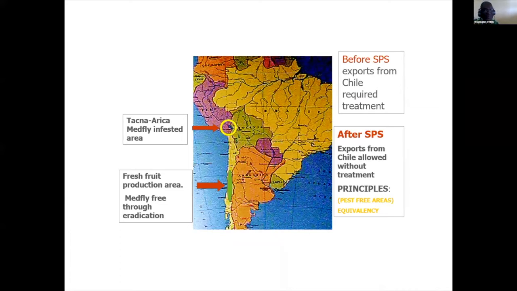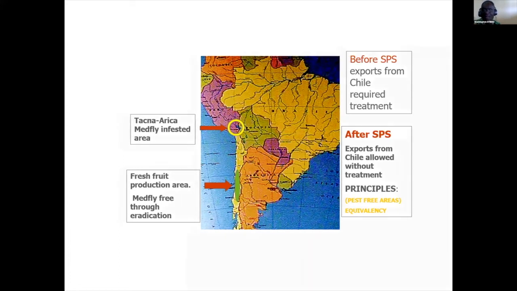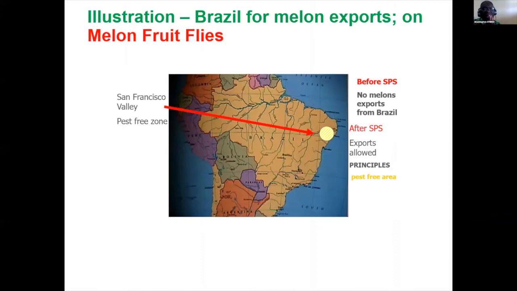You should not say it is pest-free, then you still subject it to treatment, because treatment also is a cost. But if you want that, then you are not sure. If you must insist on treatment, then you are not sure about the effectiveness of your fruit fly freedom, pest freedom situation. If you look again at the situation in Brazil, again with melon fruit flies, more or less the